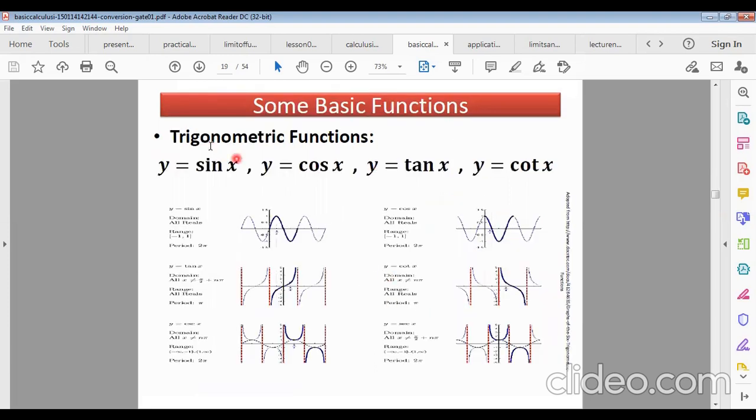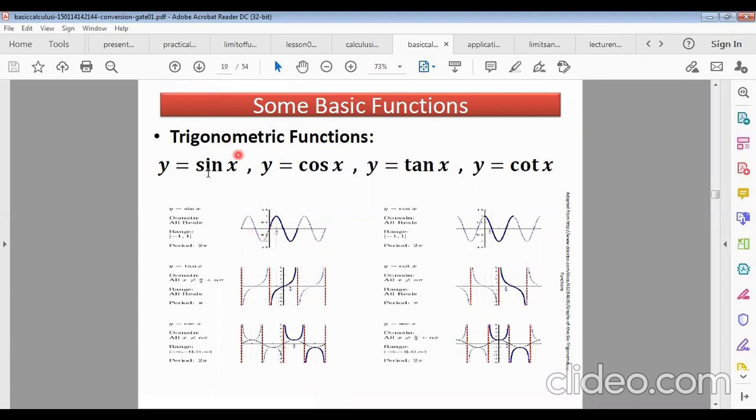Remember it. So similarly, the trigonometric functions y equals sin x, y equals cos x, y equals tan x, and y equals cot x, we can plot like this. This is the sine curve, and this is the tan curve, and this is the sec x curve. And this is the minus cos and minus cot and sec x. So for every value of x in degrees, we get a value of y. Remember this, the values of y are within -1 and 1. But x values go from -infinity to +infinity. So the domain will be -infinity to +infinity, but the range will be what? -1 to 1